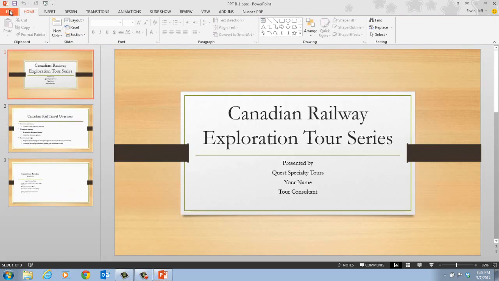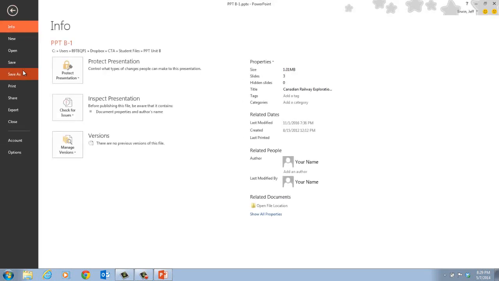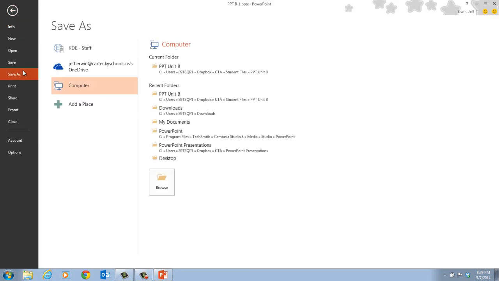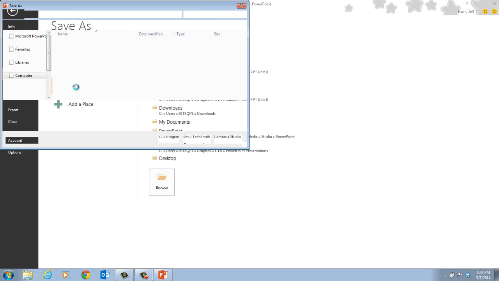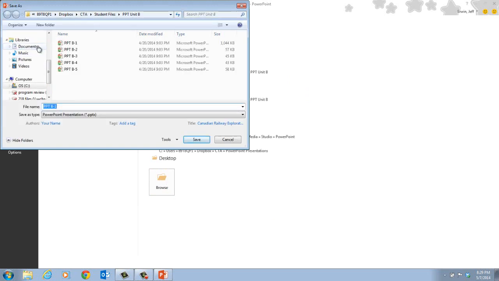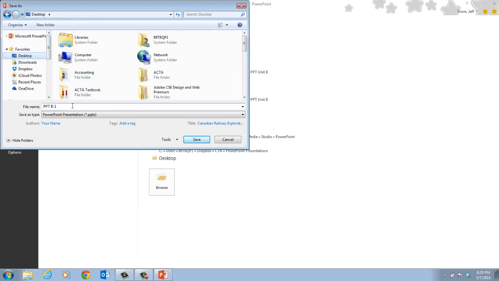And then next we want to go ahead and click on our File tab, and then Save As, and then you want to save this either to your My Documents or to your home directory. You can click on Computer and then Browse, and then save it to either the Documents or your home directory. In my case, I'm going to save it to the desktop,